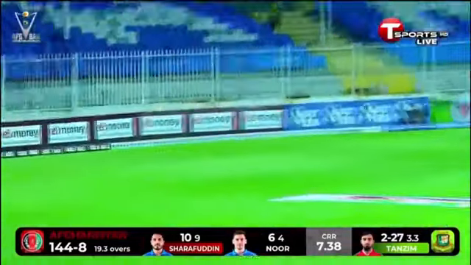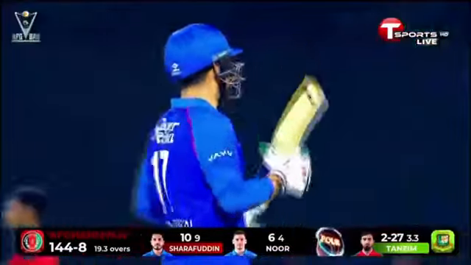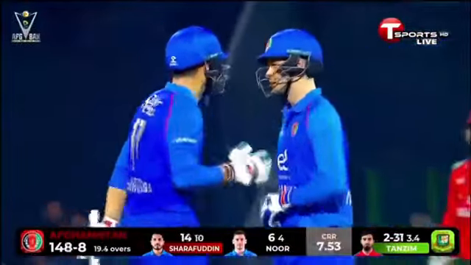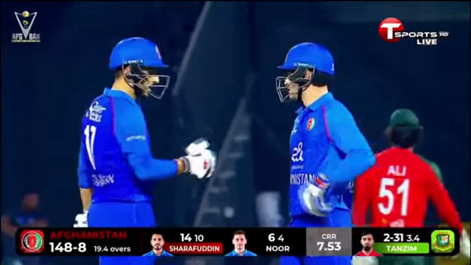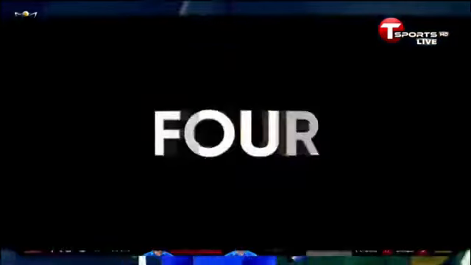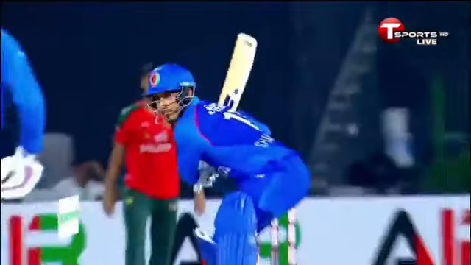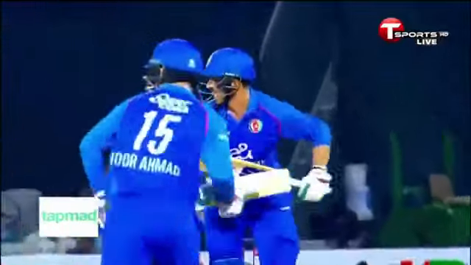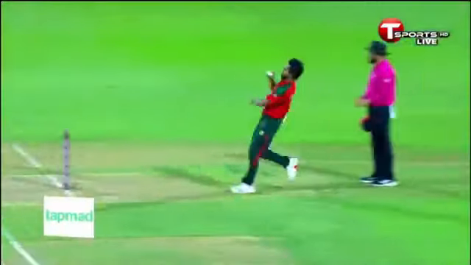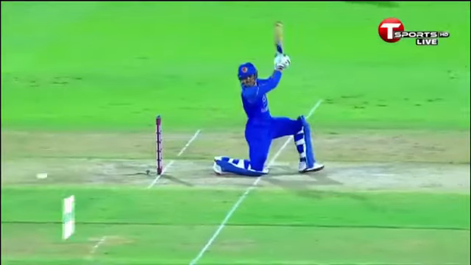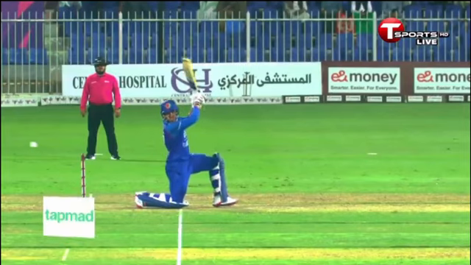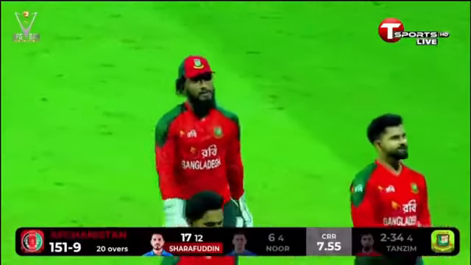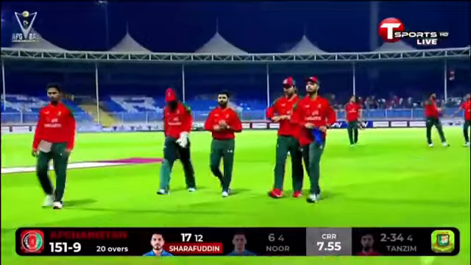Goes pace on and pays the price. Nails it, really good from Sharafuddin Ashraf. Finds the gap between deep backward point and deep cover and gets four more. There's a pattern to this over. The slow balls, dot deliveries, pace on, one went for a six, and this was creamed through the offside for a boundary. And sometimes, as I said before, what's working, just stick to it. On a particular day, sometimes it can be the other way around in the next game. So whatever works. Led by Jaker Ali, the wicketkeeper, the stand-in captain.